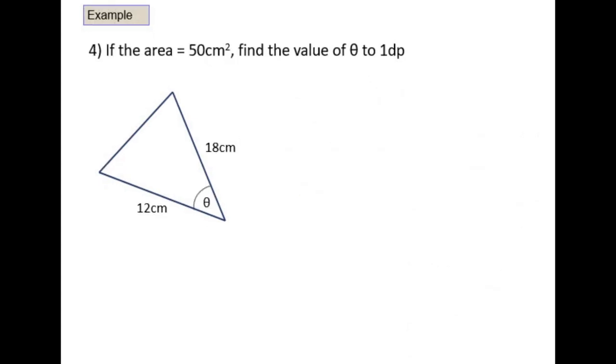So the last example that we've got then, it says if the area equals 50 centimetres squared, find the value of theta to 1 decimal place. So we know they use theta for an angle, and again we've been given our answer of area is 50. We've got our two lengths, 12 and 18, surrounding that angle theta. So similar to question 3, we want to put in the values that we know and rearrange to work out theta. So using that half AB sine C again,